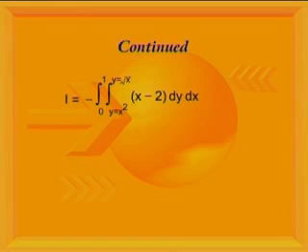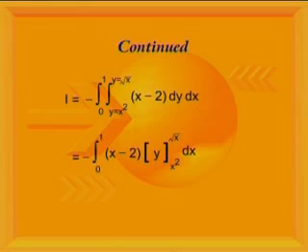So our integral becomes now integral of x minus 2 with respect to y with respect to x, and y is from y is equal to x square to y is equal to square root of x, and x from x is equal to 0 to 1, and negative of all that because we have negative in our formula, and that is equal to negative of integration from x is equal to 0 to 1 x minus 2 into y,